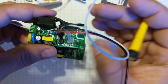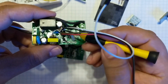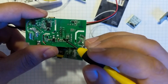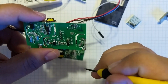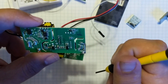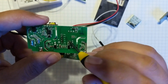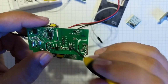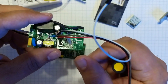One thing to keep in mind, 3.3 volts is pretty obvious, 3.3 volts and ground. The RX, which is also GPIO 3, that must be the output. You can't use TX. The TX can't be held low, I believe, on boot up, or the Sonoff won't boot. The LED, it doesn't matter, so you're good. So make sure you use RX or GPIO 3 for your output wire. That output